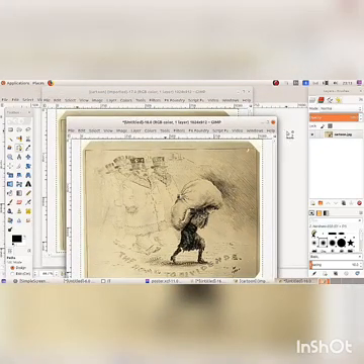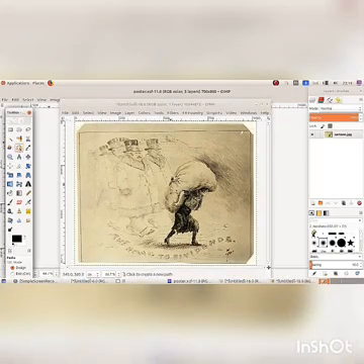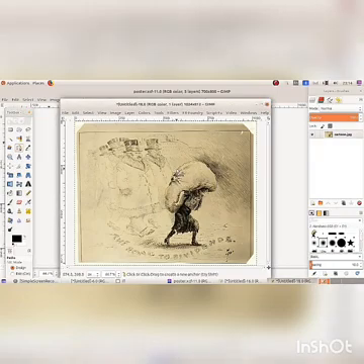Now close the original image. Then select a part from this image by using the Path tool. Click on the Path tool from the toolbox and select each part of the image.